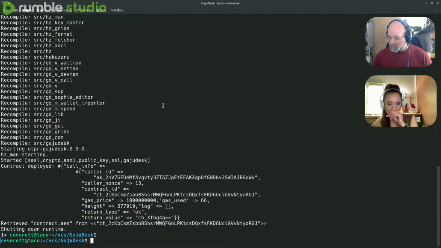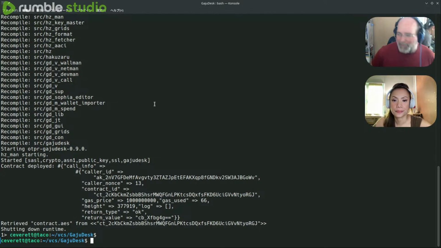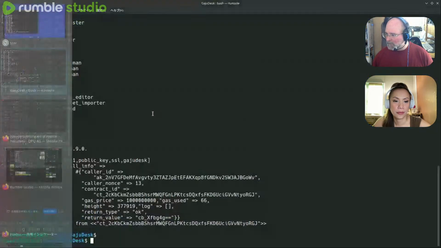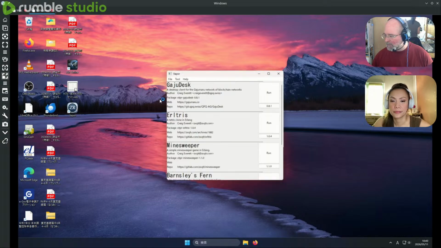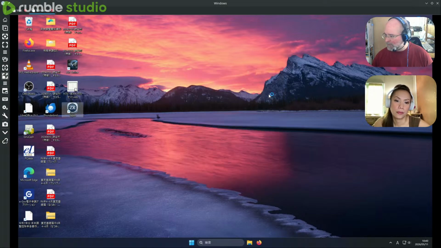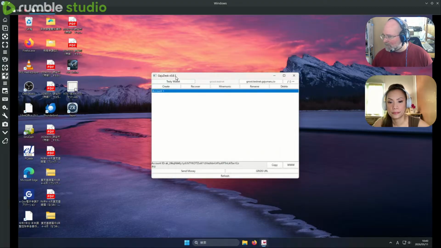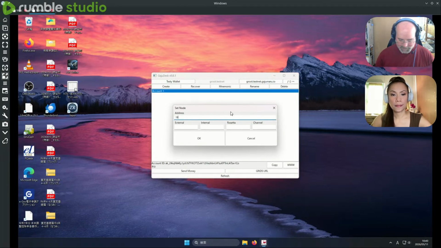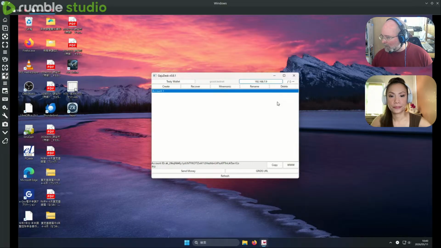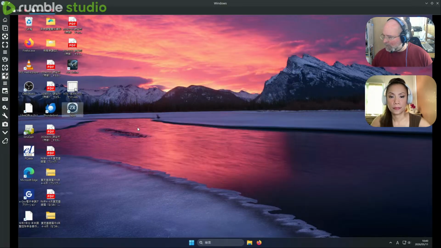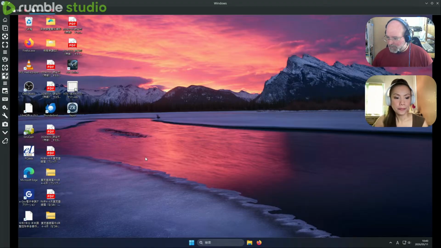Anyway, we've got a pretty good baseline for this just kind of going. So here, let's go back to Windows real quick and just run GajuDesk at all. This is version 0.8.1 that's out right now. Let's change that to... yeah. Okay, cool. Because that's the one we're going to want to see in a second. That's the node running the latest node code that does the compression coming back out.